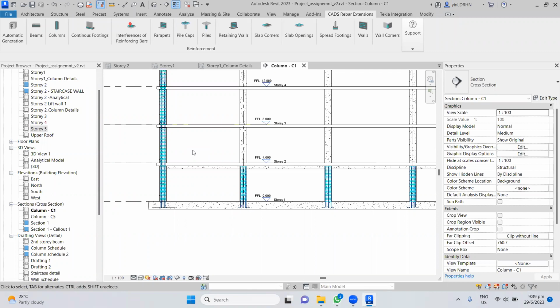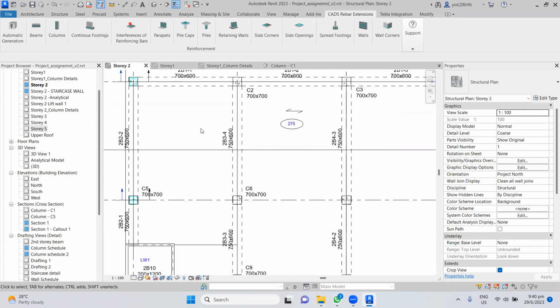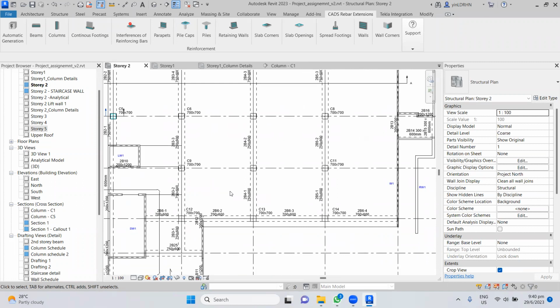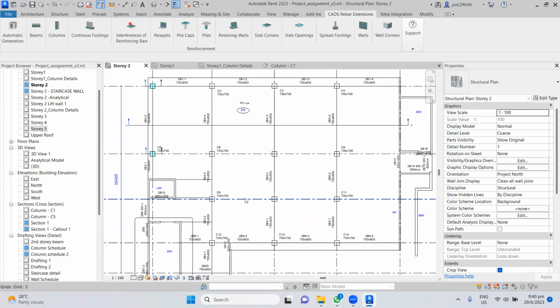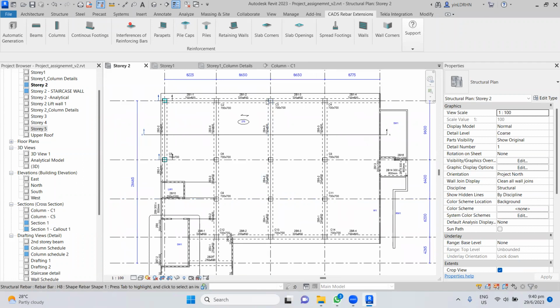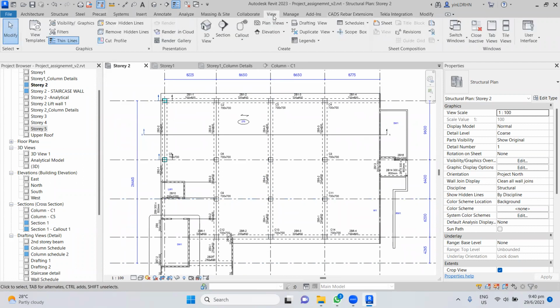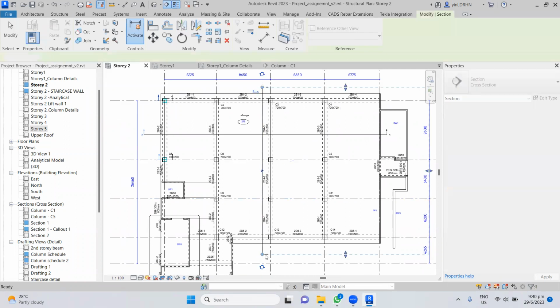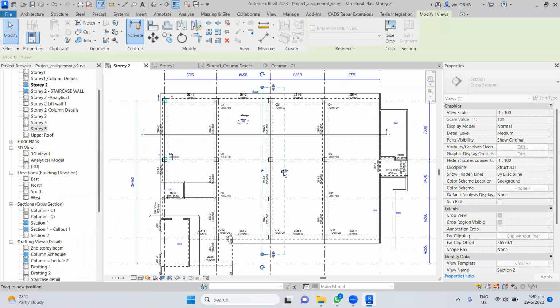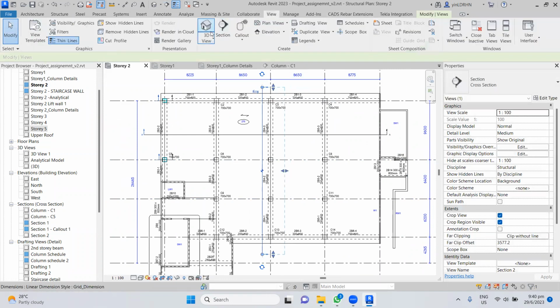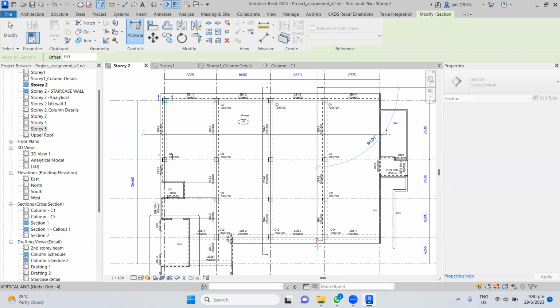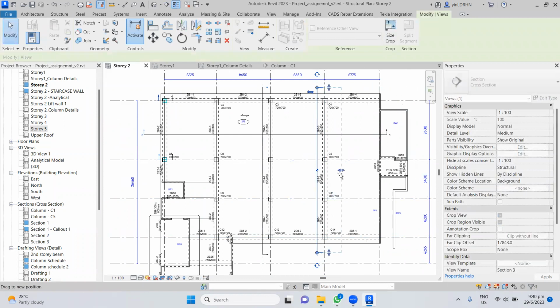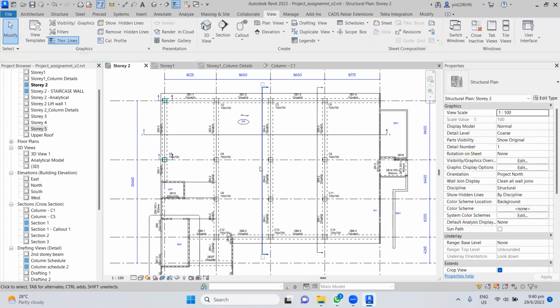Okay. Next one, I explain how to add the rebar for slab, right? So before that, let me do it for beam, then let's do it for the column, right? So beams, I'm going to do for these two beams, right? So I cut the two sections here. So this one visibility, I change it. Then this another section is here. Okay, this section I call